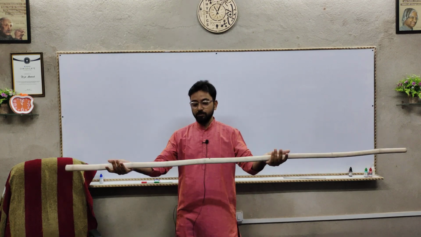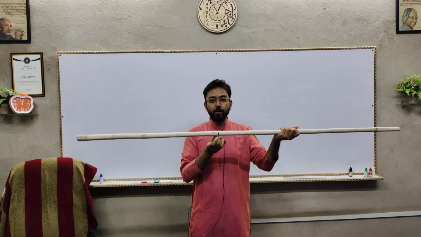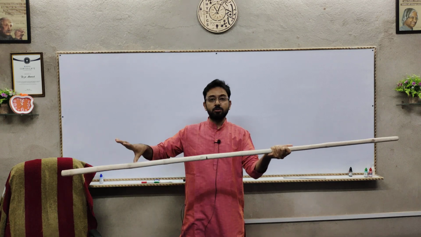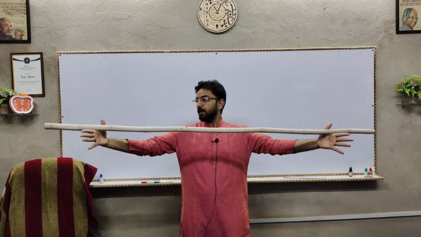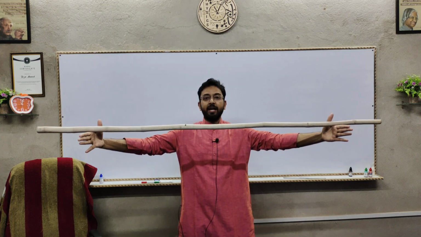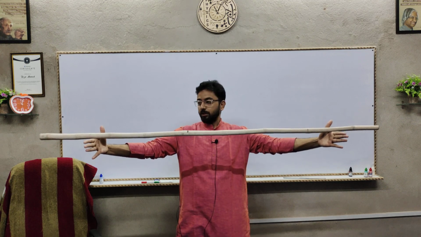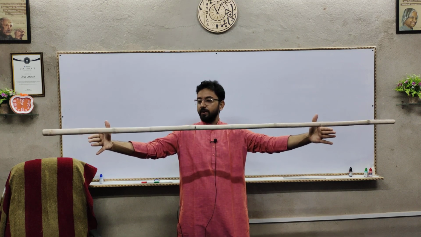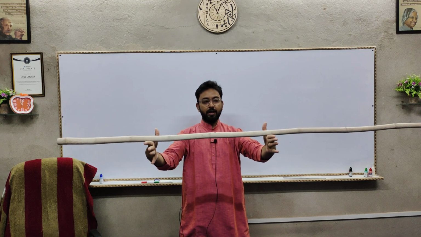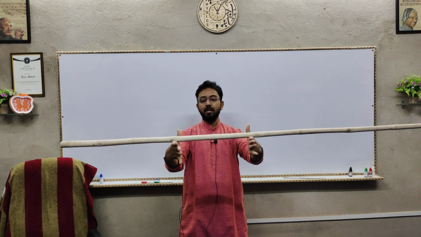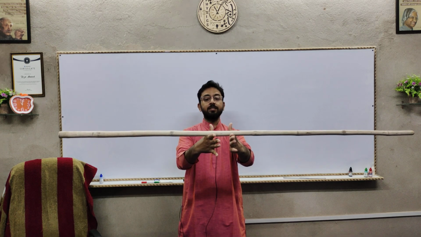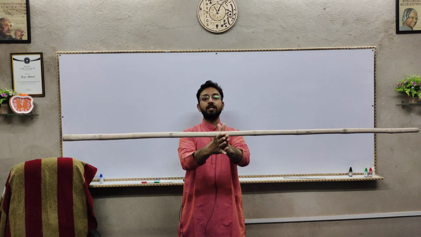One more time we are going to perform this experiment. As you can see, this is the point where the center of mass of this uniform distribution lies. One more time, I am going to shift my hands. You see, I am trying to bring both my hands together, but only one of them moves at a time. See, the center of mass is trying to adjust itself. If I want to change this position, I won't be able to. As you see, the rod is also rotating because it is shifting its center of mass.